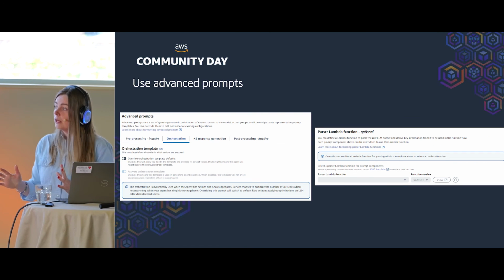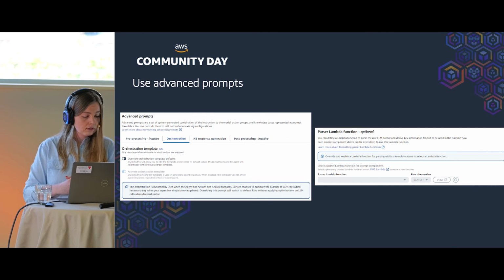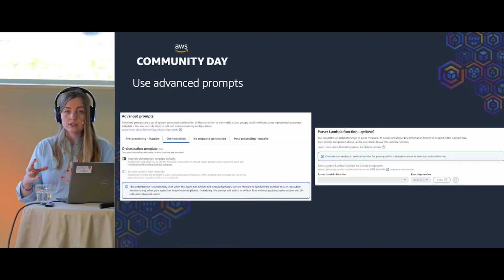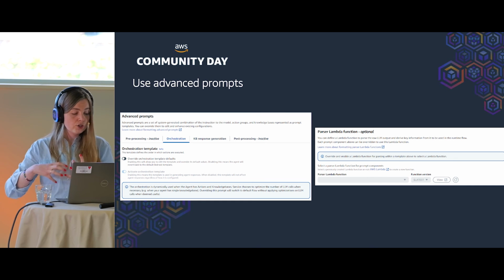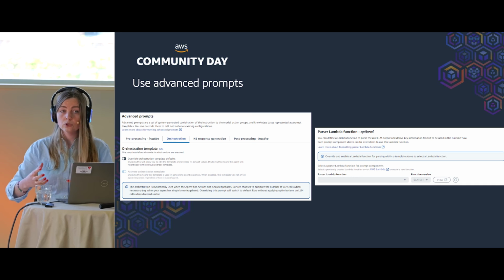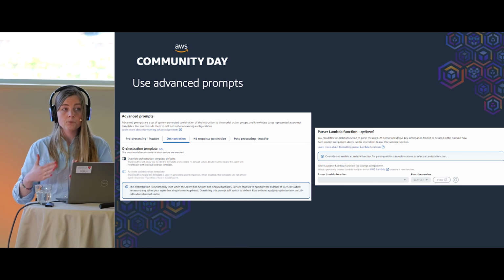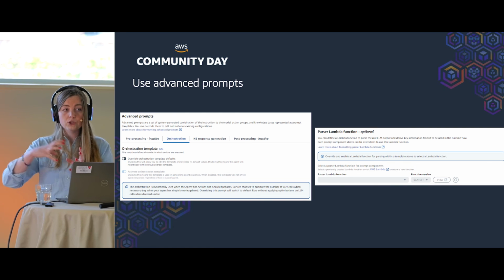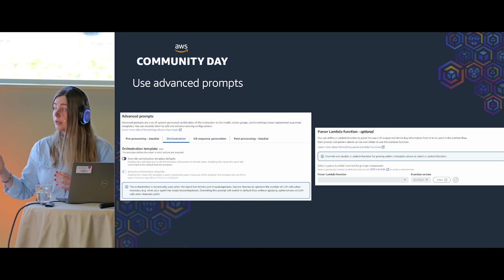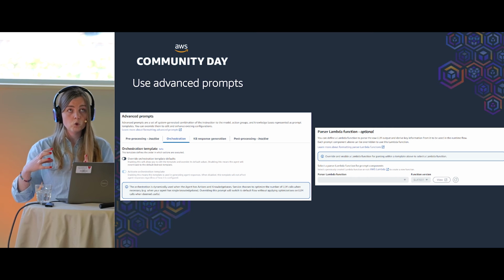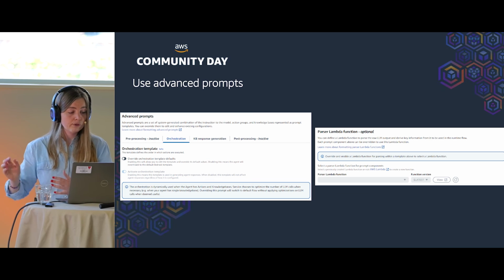And also, though this is more of an advanced option, you can still alter the agent behavior by changing the orchestration templates, overriding with your own behavior. You can also alter the model's parameters, like the orchestration LLM model's parameters there. And you can also alter the parser Lambda function. So if you want your output to be parsed in a certain way, this is the place where you should look.